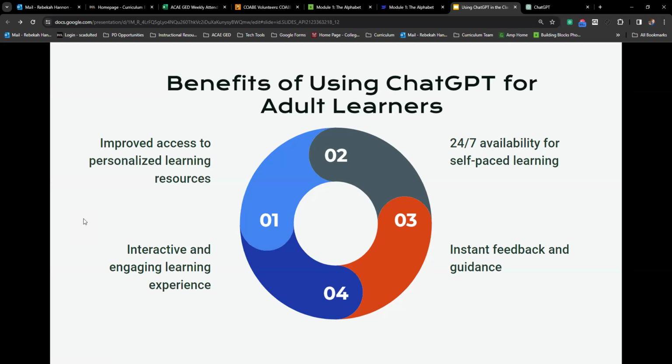The other nice thing, 24/7 availability. So you can access this. There's a Chrome extension, there's a website, and there's also, I will say, and I'll highlight it at the end, but some districts are blocking ChatGPT. I will say that, depending on district devices. There are a couple other alternatives that you can use besides ChatGPT that really do the same thing. So I can show you some of that. And then also with ChatGPT, you get instant feedback and guidance. There's a paid subscription. The format that I use is the free program. I've never had issues with it, and it is quick.